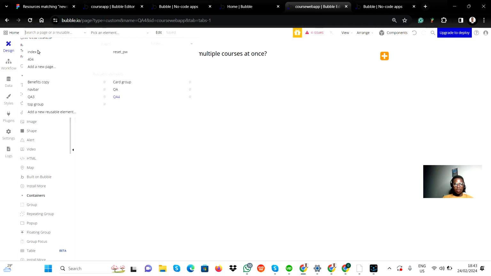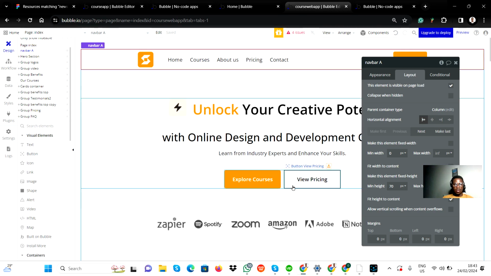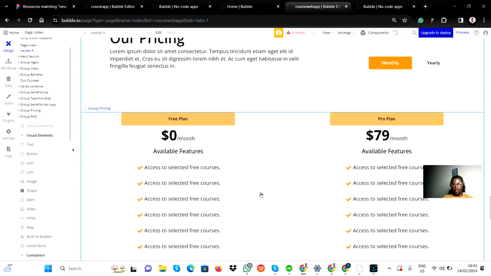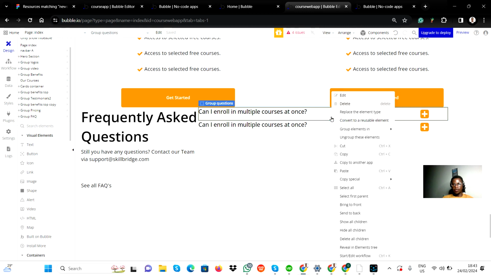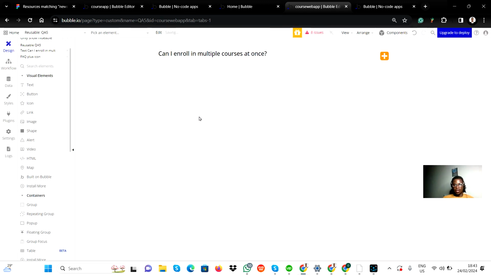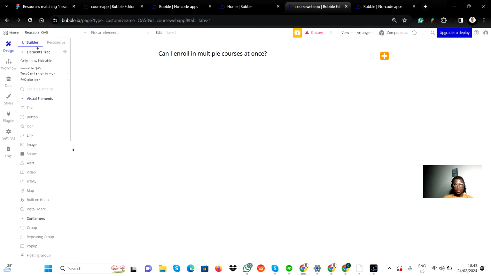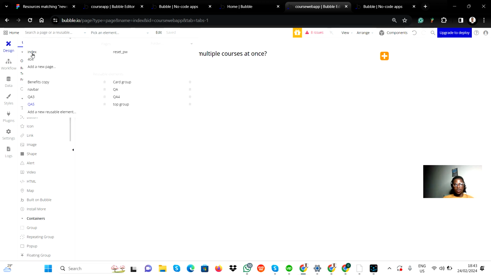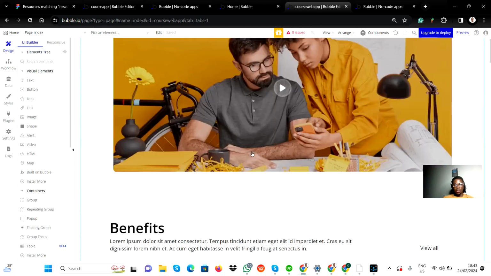All right, go back to our index, convert the first one again to QA5, convert to reusable element, QA5. We are doing them separately like this because they contain unique content,